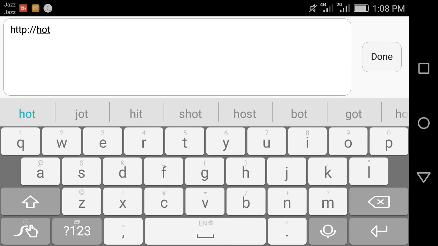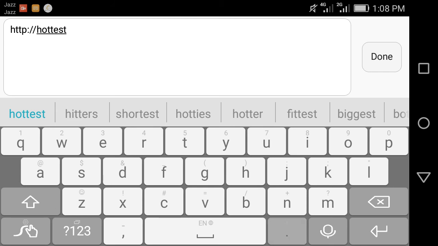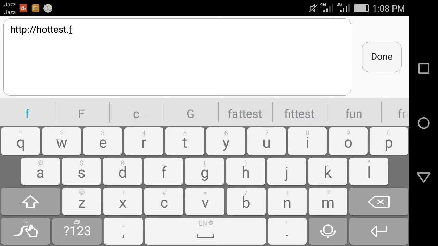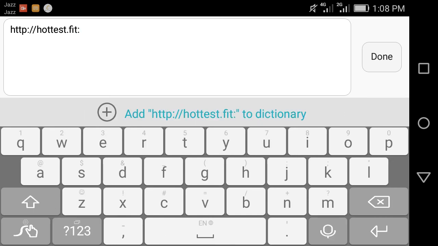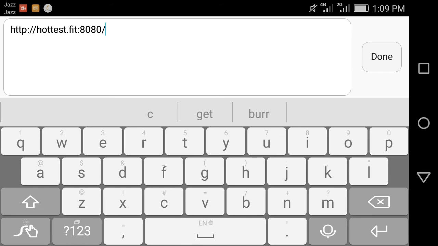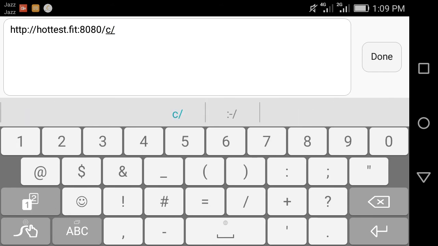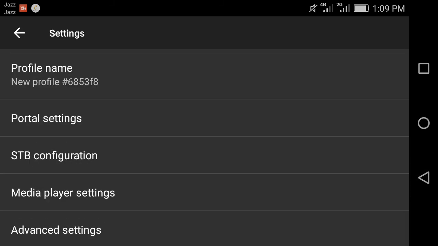Hot and test dot fit and double dot 8080 slash c slash. This is from port URL and back to